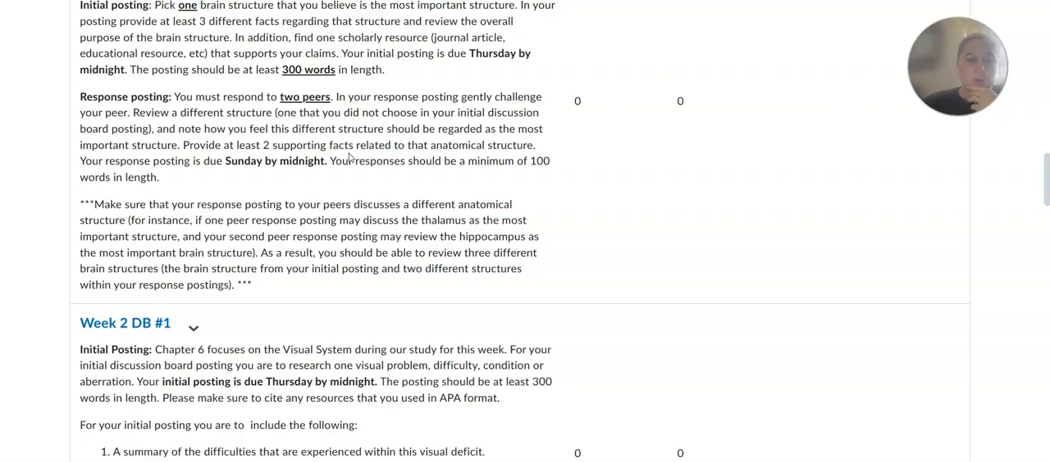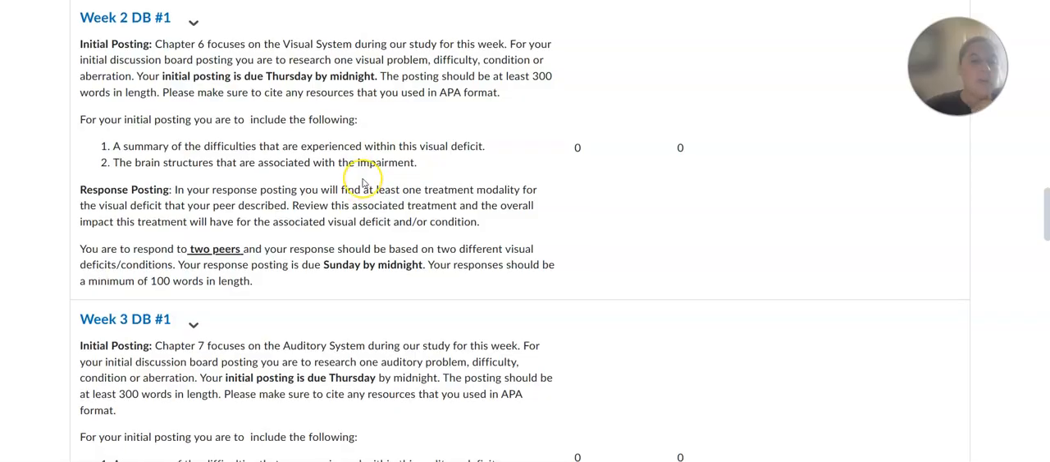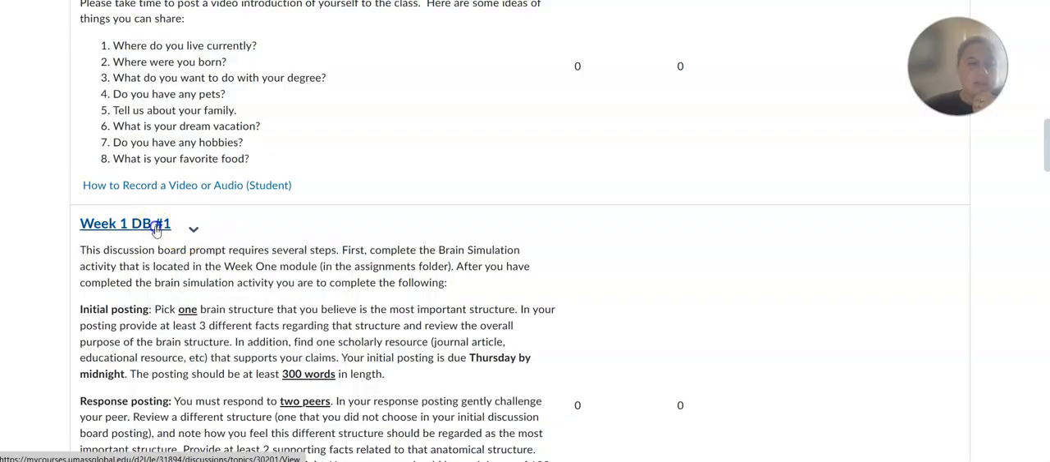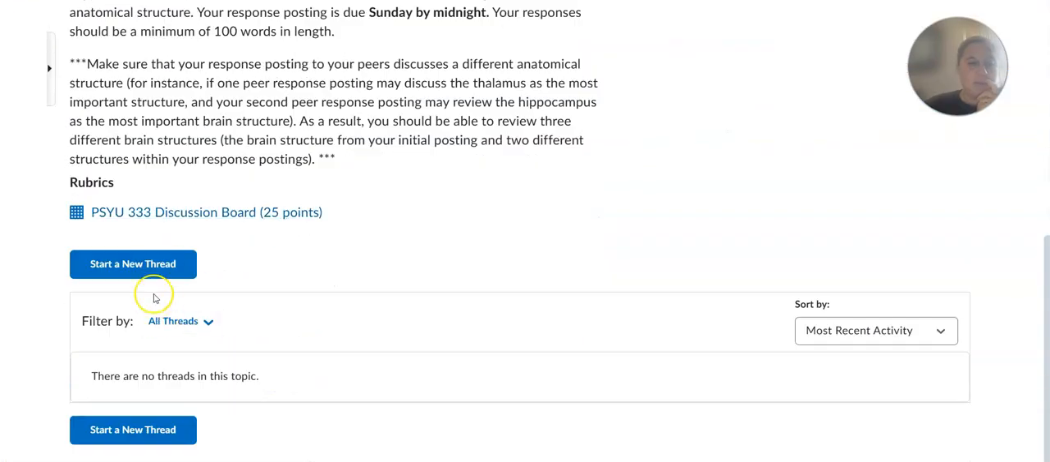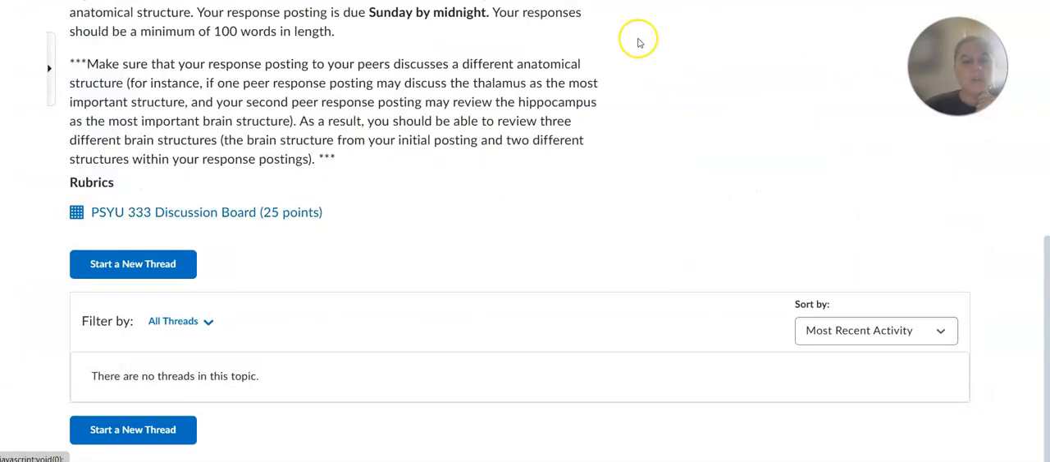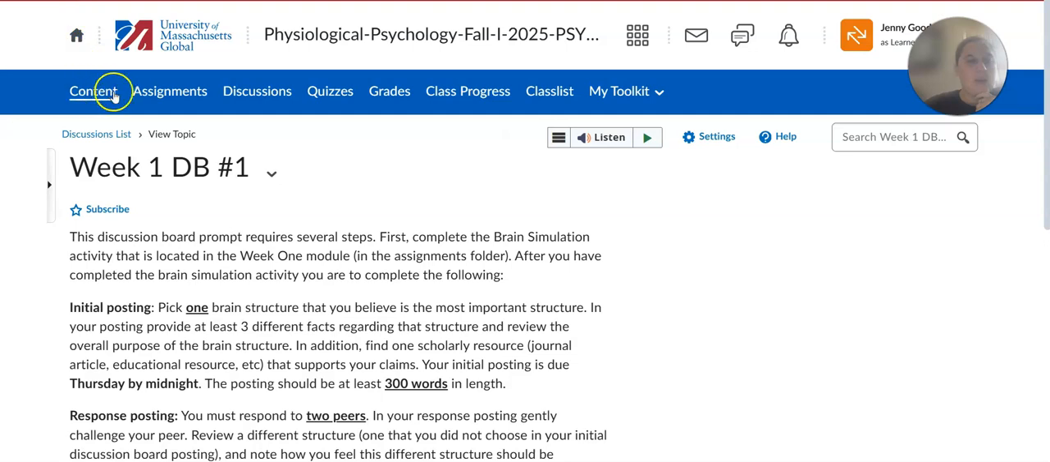It does have here to make sure when you're responding to your peers to discuss 3 anatomical structures. So by the end of this discussion board, you'll have one that you picked for your initial posting and then 2 others that you will pick when responding to peers. That way you're reviewing 3 different brain structures. As I noted, the rest of the discussion boards are down here as well, and basically you will click on the discussion board prompt and create a new thread. If you click on this notation here, you're going to see the discussion board rubric that will be utilized to grade your discussion board. Okay, if we get back,